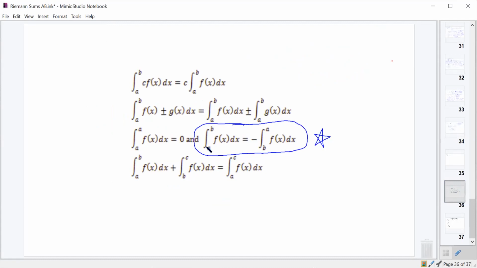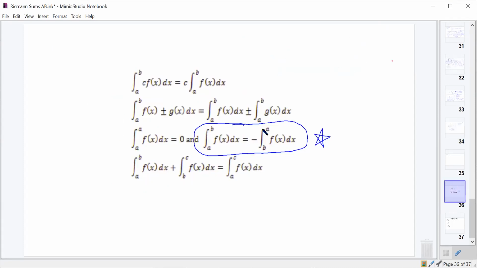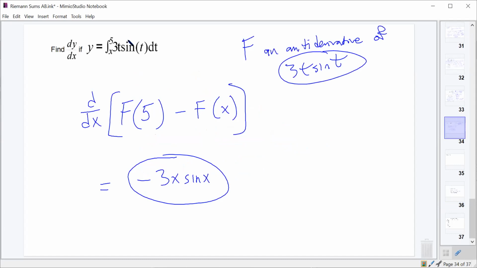That says if you want to flip the limits of integration, the upper limit and the lower limit, you can do that. You can flip the upper and the lower limits of integration and just put a negative sign outside that integral. And so if we think about it, we had x to 5 and it gave us a negative. If we'd had 5 to x, like we just said, it would have given us the positive. And that makes perfect sense because of this rule. You can flip the limits and get a negative. So if I'd flipped the limits,